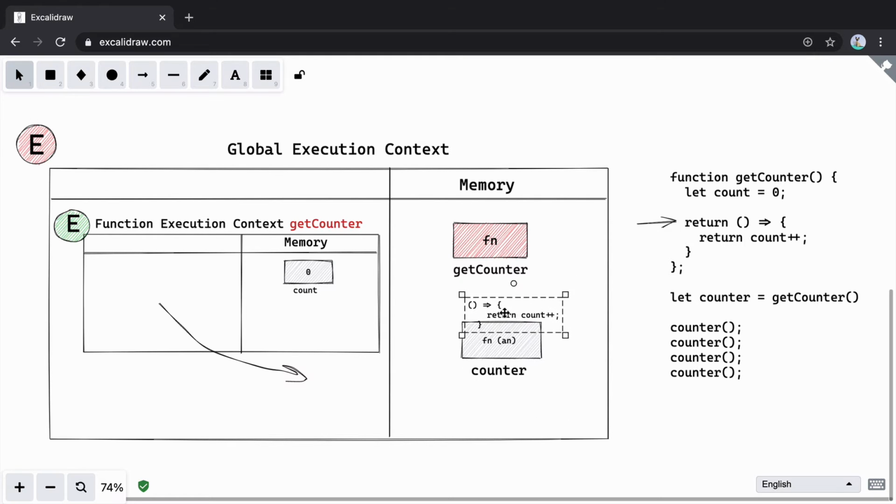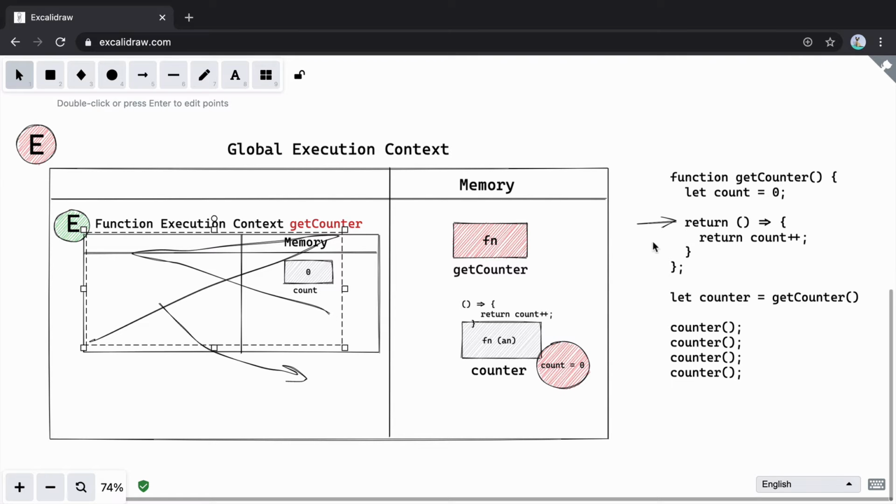One important thing that will also happen with this is when you return a function from the function, in this case, the environment inside that function also gets returned from there, and that is what is known as closure. So here we'll create a box. In that box is what closure is, and the value is count, that is equal to 0 right now. So we are done, and as soon as that happens, we'll delete the execution context here and we'll move on to next line. So we are done with this.